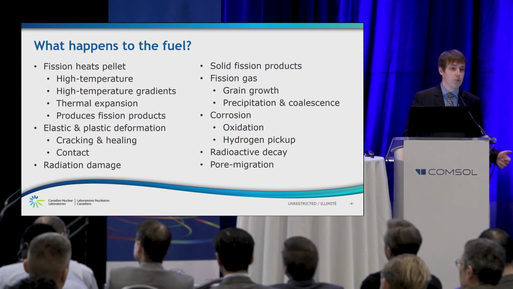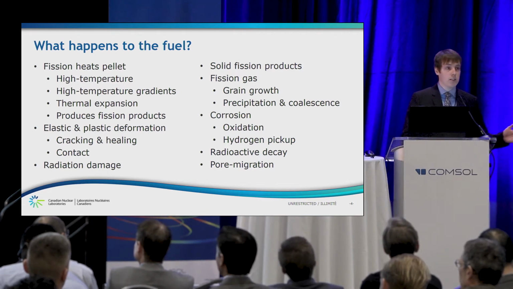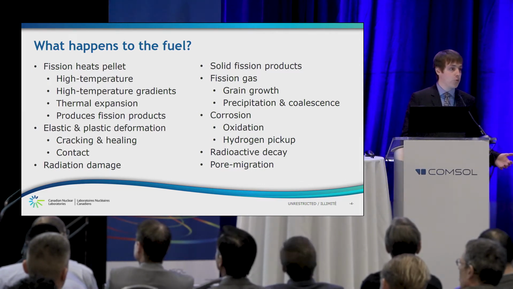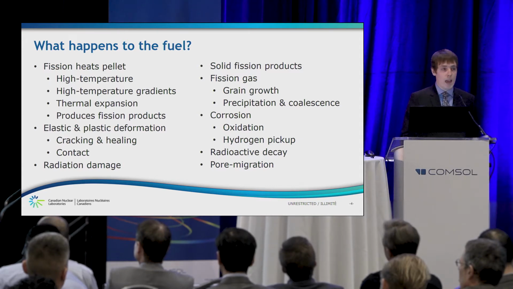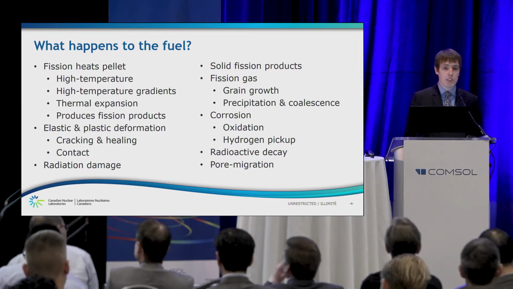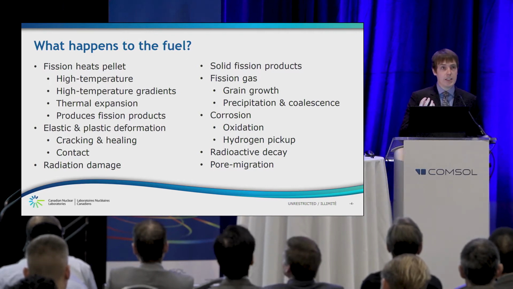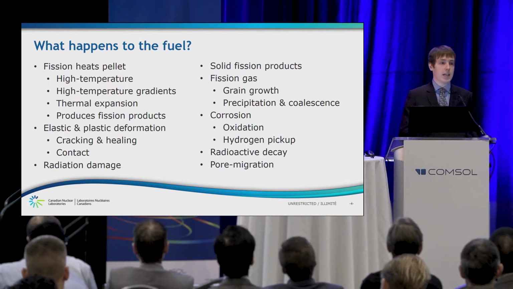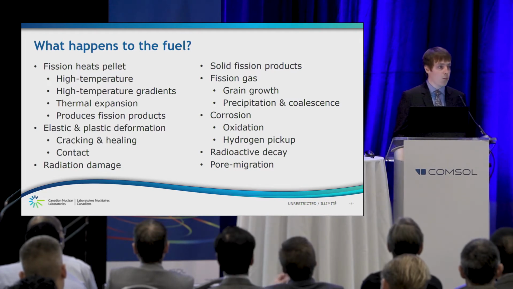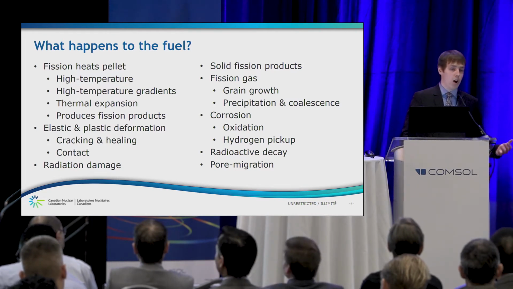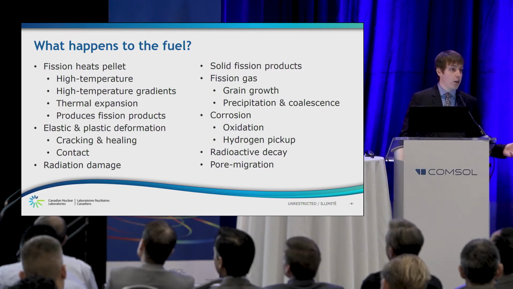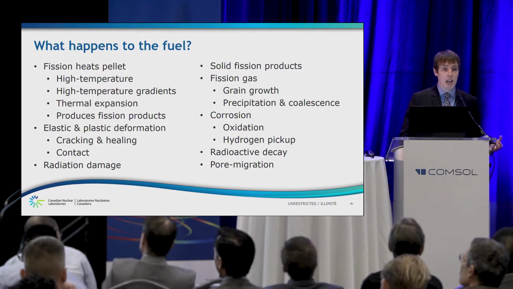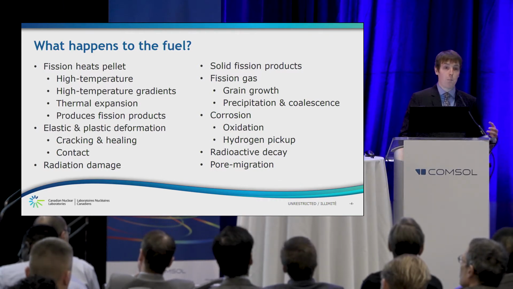We have radiation damage. There are high energy fission products. There is gamma radiation and neutron radiation, and this changes the microstructure of all the materials. We have swelling. If one atom is split into two, it needs to be accommodated inside the crystals. Two atoms take up more space than one, and that causes macroscopic swelling. Some of the fission products are even gas, and I'm going to spend a fair amount of time talking about this later on. Some of them are xenon and krypton. These don't like to react chemically, they like to occupy a lot of space, and they form bubbles or pores